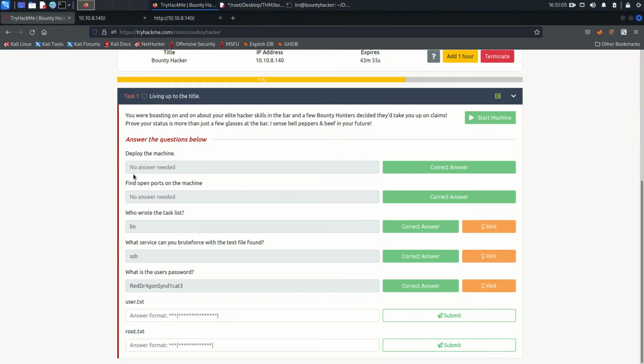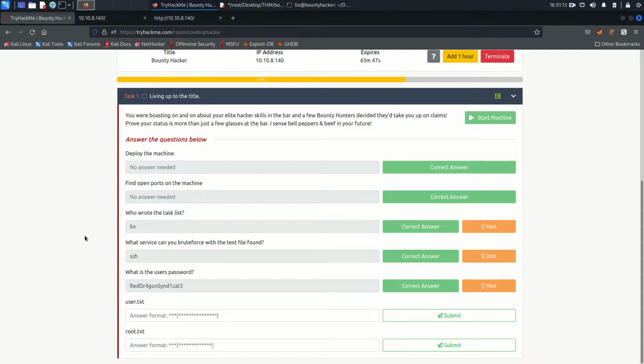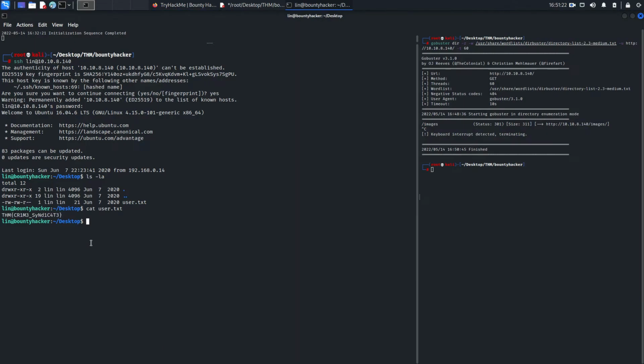So let's go here. What is the user.txt? So this is going to be the user.txt. Copy, come back here, paste it, submit, and yeah, this is the first flag. Now we need to find out the root flag, so cd /root, if we want to go to the root